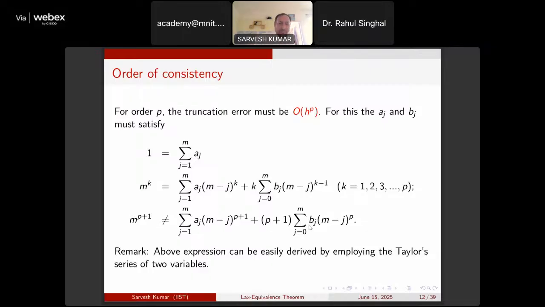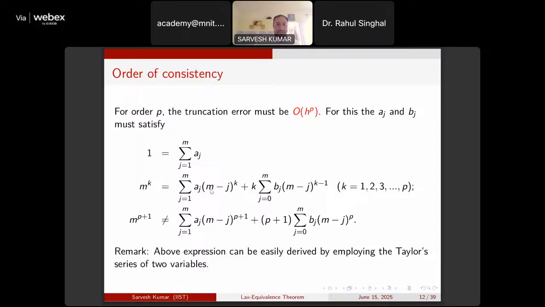If you apply Taylor's expansion, then it's straightforward to see that if you want a local truncation error of order h^p, as you might have seen in the previous lecture,